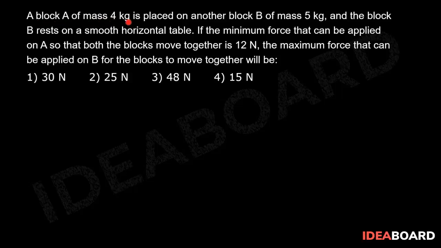Block A of mass 4 kg is placed on another block B of mass 5 kg, and the block B rests on a smooth horizontal table. If the minimum force that can be applied on A so that both the blocks move together is 12 newtons, the maximum force that can be applied on B for the blocks to move together will be, according to the